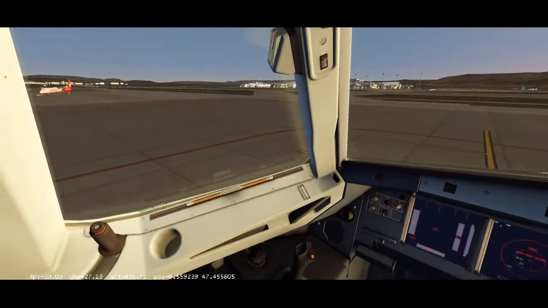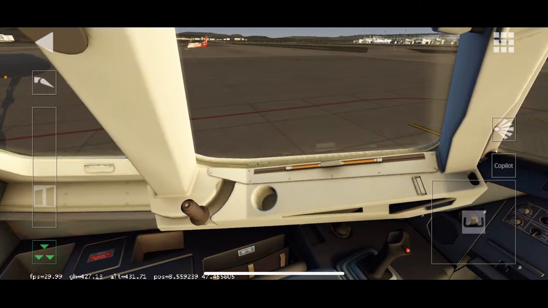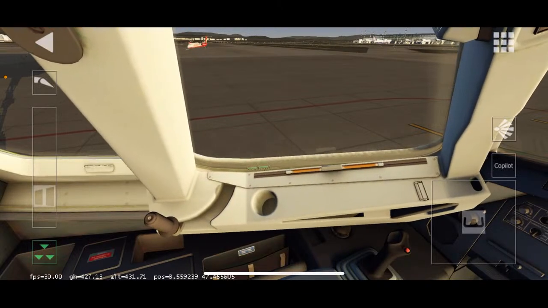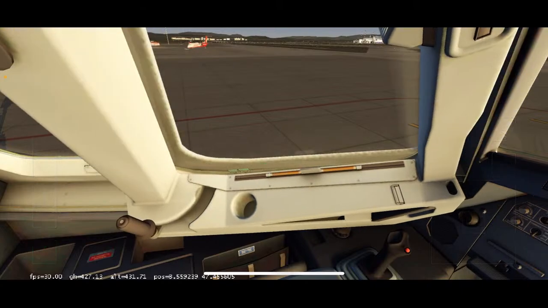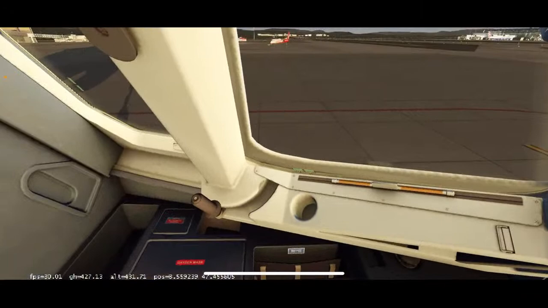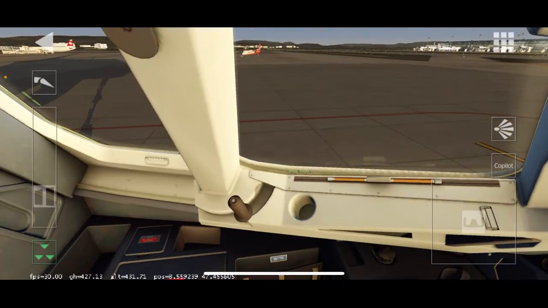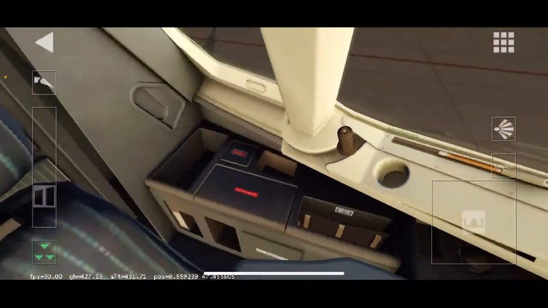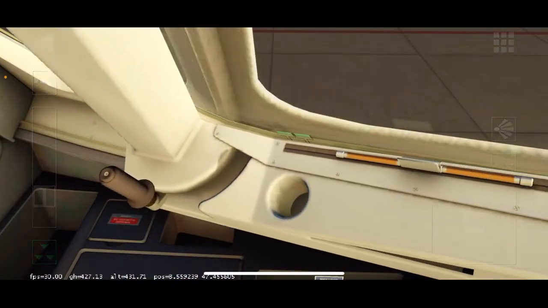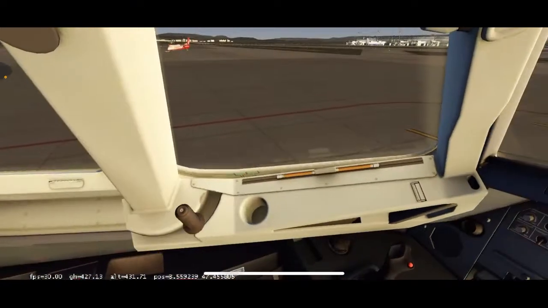The windows here do actually work. So you're going to want to make sure that it's closed all the way. Obviously, you could open it if you wanted to. Make sure that that is shut all the way. Hold on while I close my window here. Make sure that that's shut all the way. The windows here, oh, there we go. There we go. Make sure that that's all the way shut.